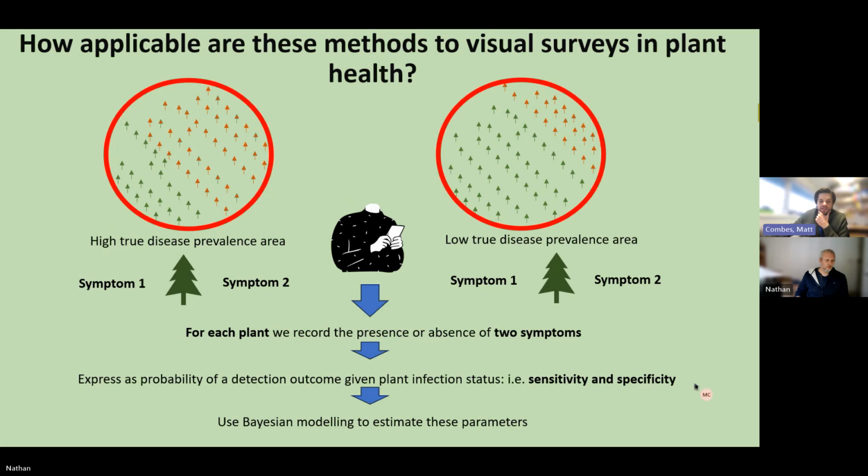There we go. So basically, then you can record the presence or absence of those 2 symptoms, and express that as a probability of detection outcome given plant infection status, i.e., sensitivity and specificity. Then you compare from these high and low true disease prevalence sites, which is the information you need. You need some information to drive a model, and an idea of where a high and low true disease prevalence area is, is enough to drive the model